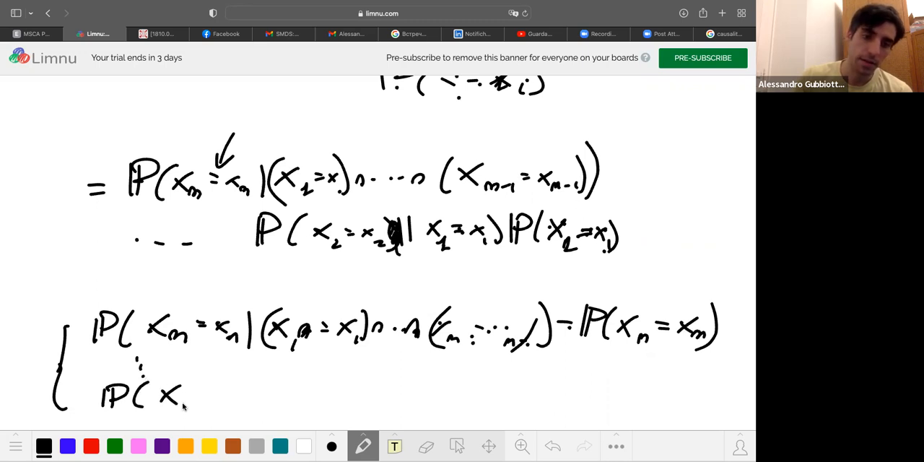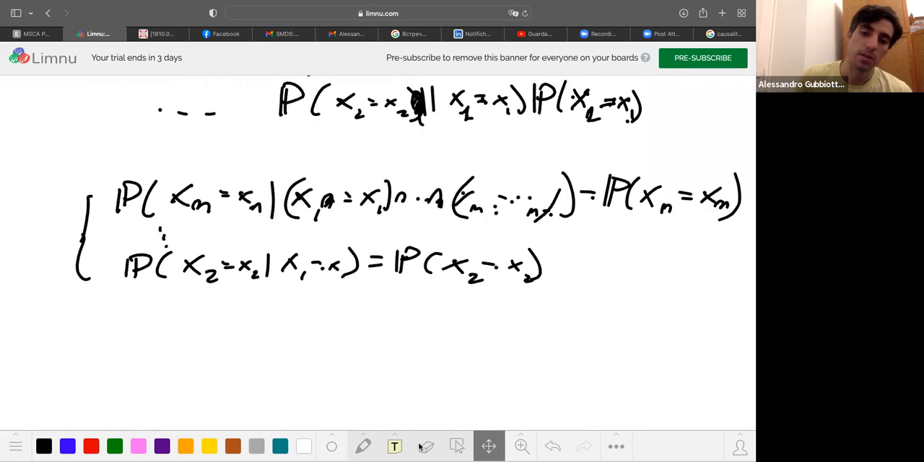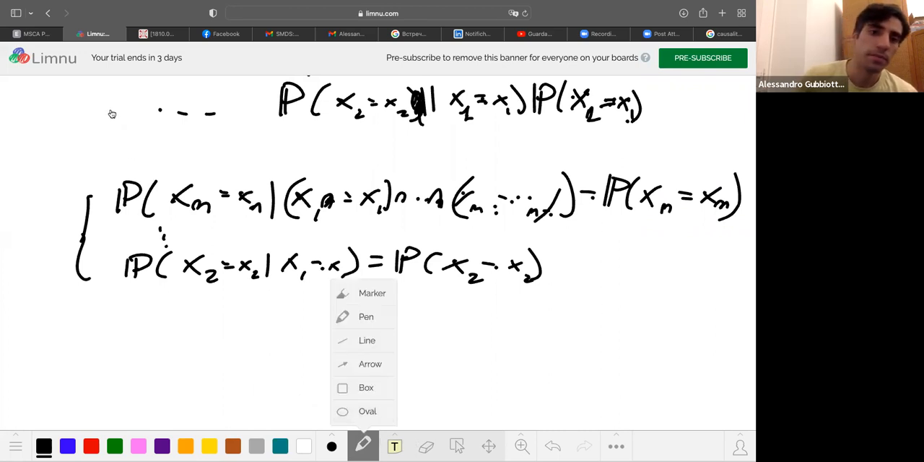Etc., and the probability that x2 is equal to little x2 given the first toss doesn't change. This is again the probability of x2 being little x2. Okay, these are the hypotheses of independence. We plug in